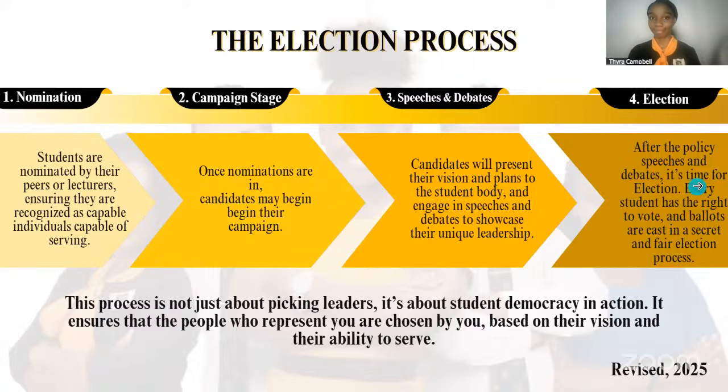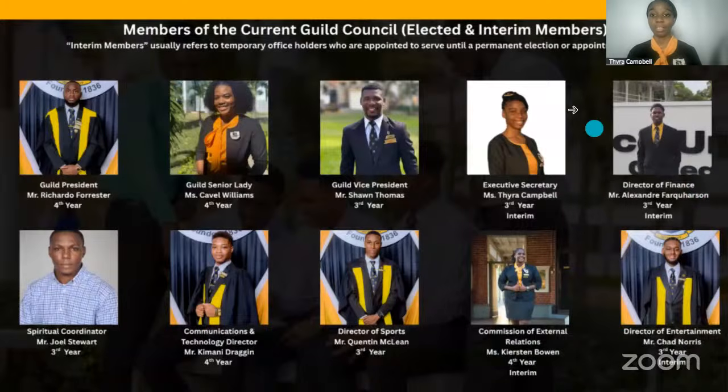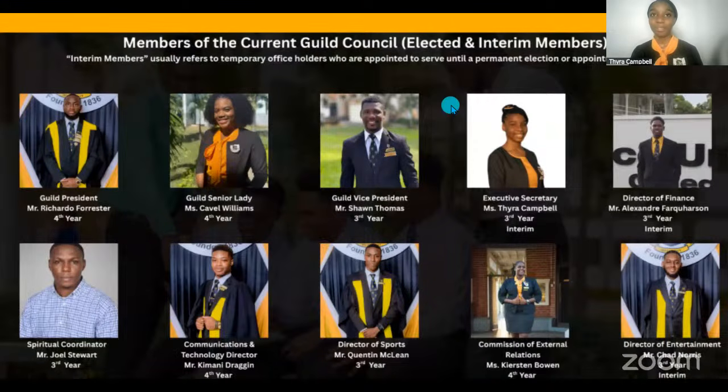Now let us meet our current Guild of Students, or Guild Council rather. This includes those who are elected as well as those who are interim members. And interim members refer to those individuals who are in temporary office positions and who will be appointed to serve until a permanent election or appointment is made. So, as I mentioned earlier, your Guild President is Mr. Richard Forster. The Guild Senior Lady, also known as the Vice President of,